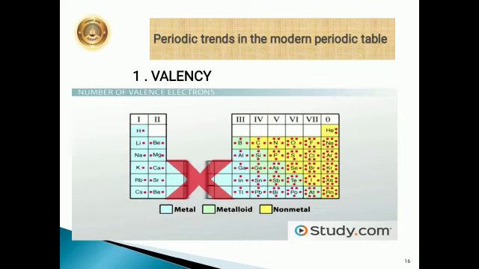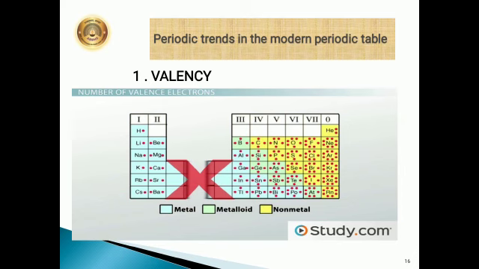Means hydrogen it is 1. So in the first shell the number of electrons is 1. So the valency of hydrogen is 1. Similarly helium, already the shell is complete. Lithium, the valency is 1 because in the first shell the capacity is 2, in the second shell it is 1. So when we observe this table, as we move from left to right, as we move from group 1 to 18, the valency increases by 1. As we go across the period, the valency in group 1 is 1, group 2 is 2, group 3 is 3 and so on.